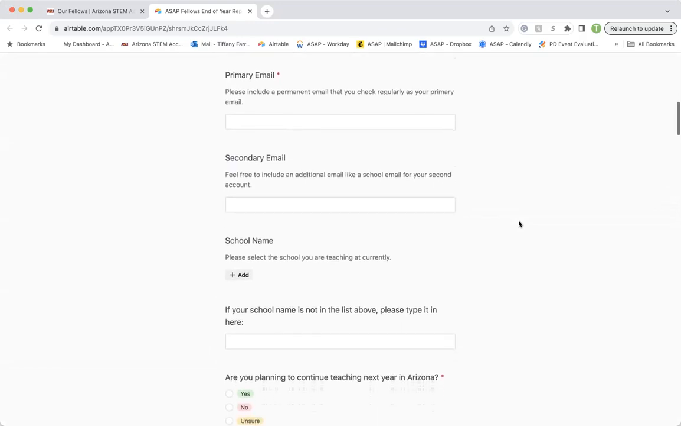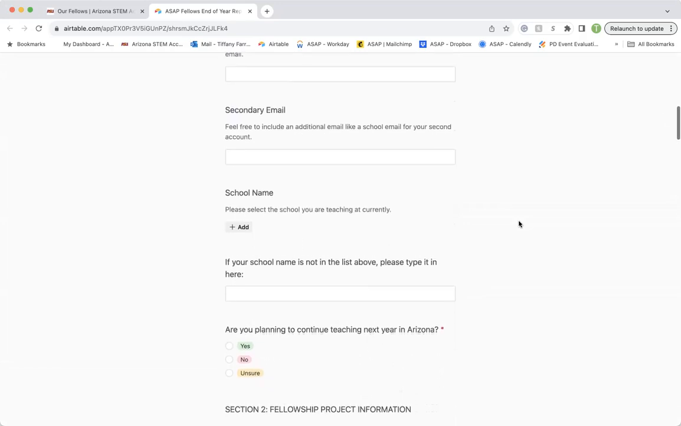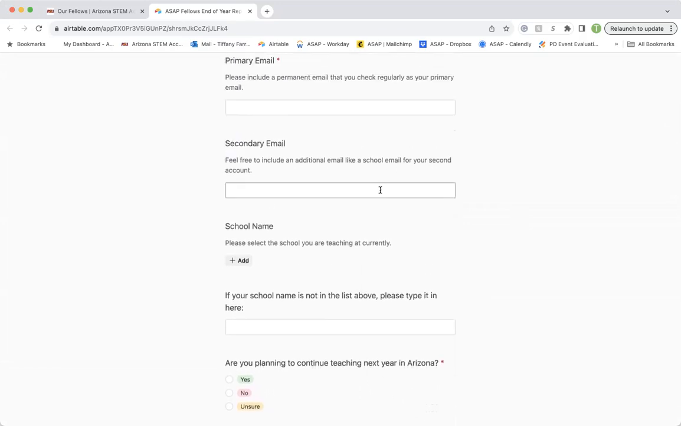So your name, your email, secondary email. This is really important. I want to make note, if you know that you are someone who maybe during the school year will use your school email, but knowing that the end of year report isn't due until June 30th of 2024, if you know that come summertime, you're not going to be looking at your school email, trying to block it out as if it was a bad dream or something like that,